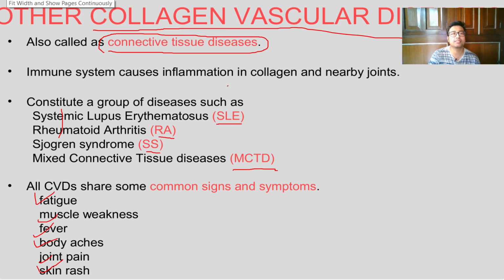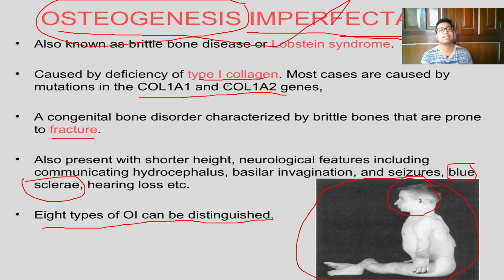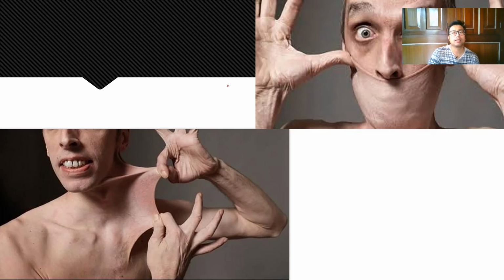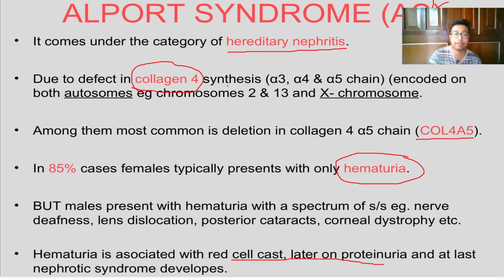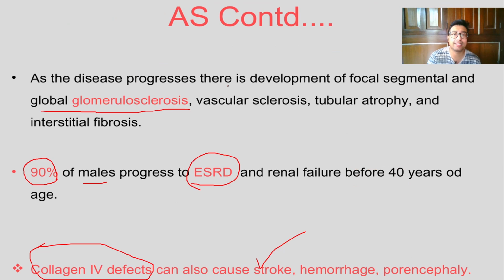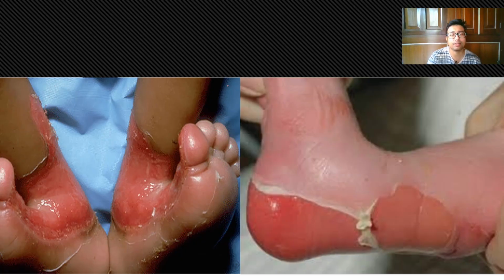And collagen vascular diseases or mixed connective tissue disorders have some common features which go as an answer for all your questions regarding these types of questions. What are the clinical features of SLE? What are the clinical features of rheumatoid arthritis, Sjogren or MCTD? Followed by osteogenesis imperfecta, a collagen type 1 disorder, brittle bone disease, and this one is Ehlers-Danlos syndrome, hyperlaxity of joints, easy bruising, followed by Alport syndrome, basement membrane, hematuria, end stage renal disorder, followed by